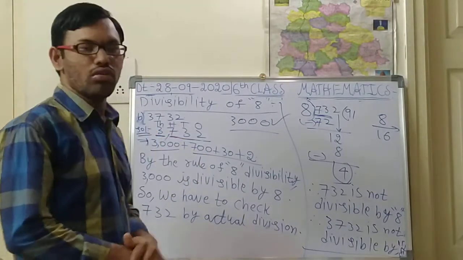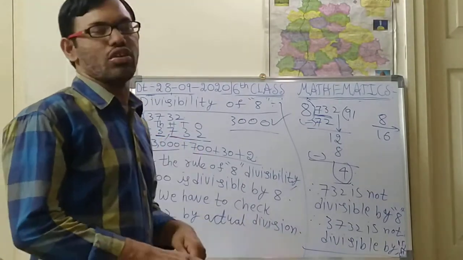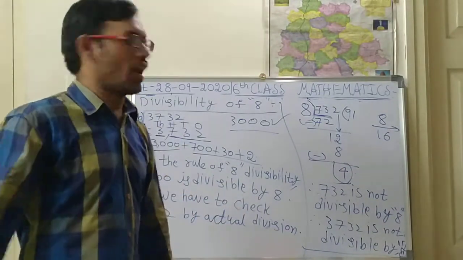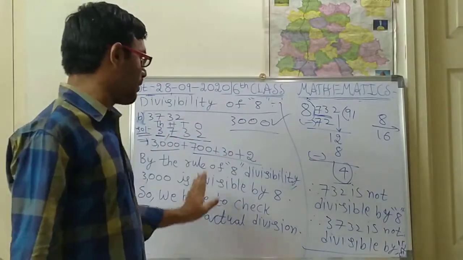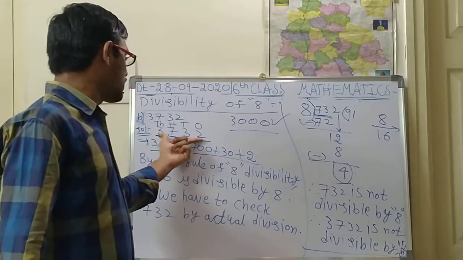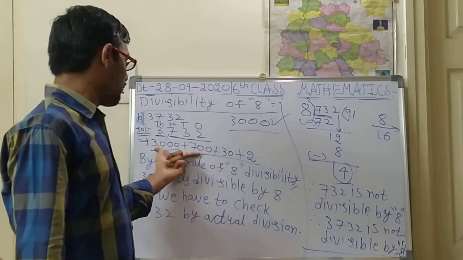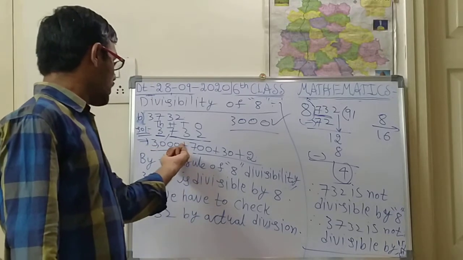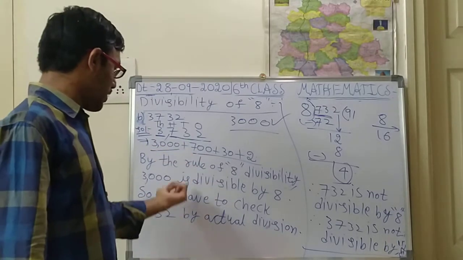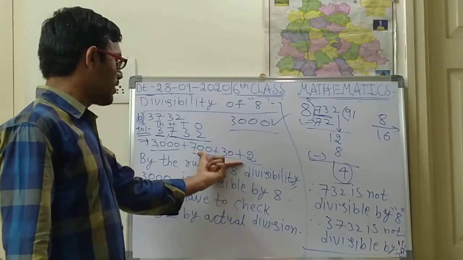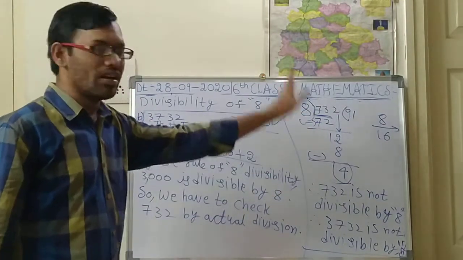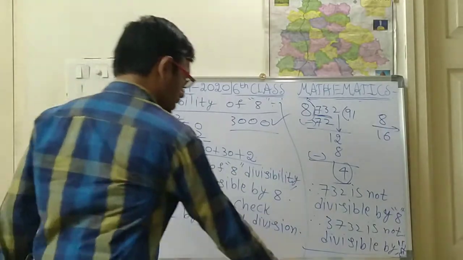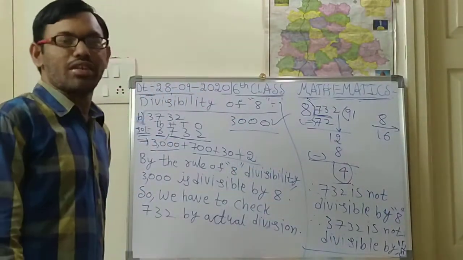Now I will give you some problems as homework. Verify whether they are divisible by 8 or not, and all the steps should be the same as this. First step is the same question, then the second step is expansion. After expansion you write down up to 3000, same as this one. After 3000, whatever the number is, you do the actual division and write the final conclusion. These are some practice problems.